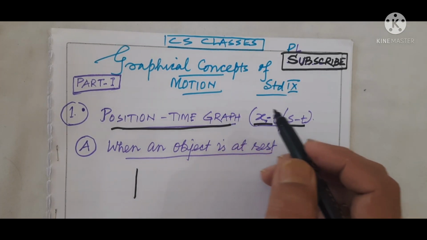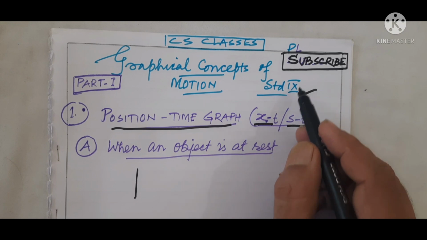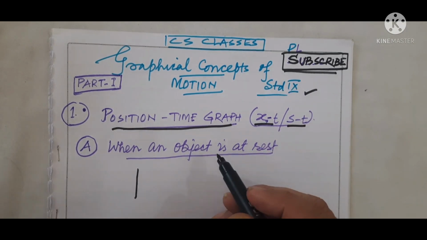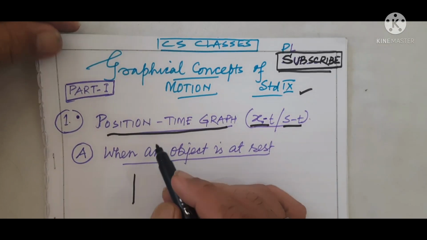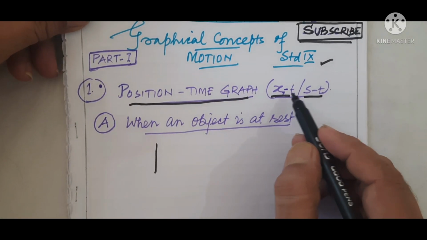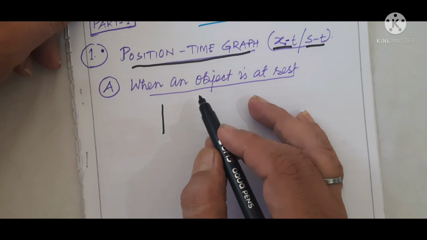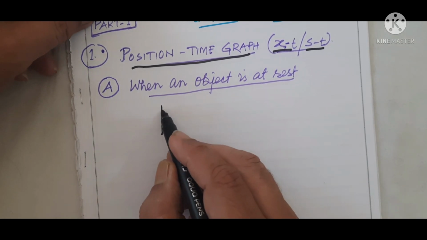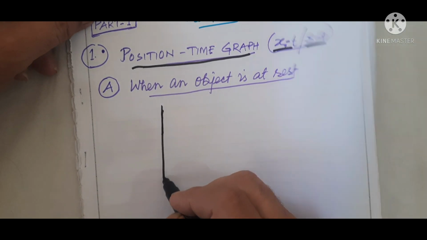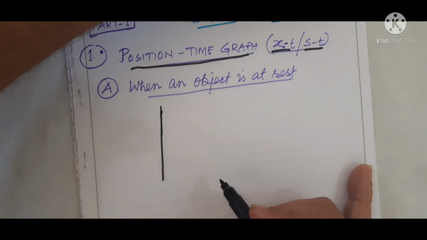Graphical concepts of motion for standard 9. Part 1, position time graph or XT and ST graph. Number 1, when an object is at rest. So what should be the nature of the graph? Just to imagine